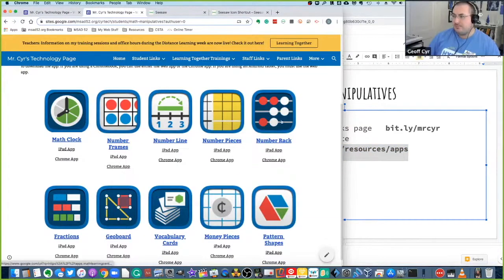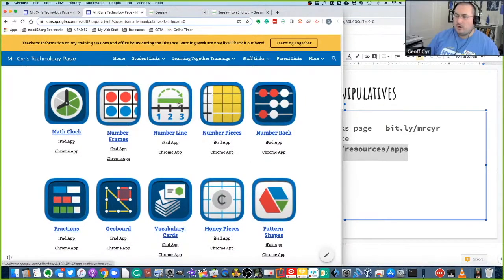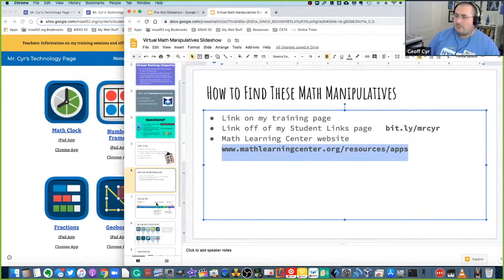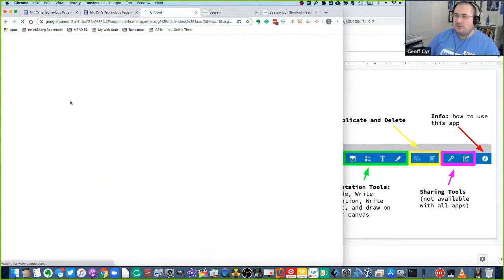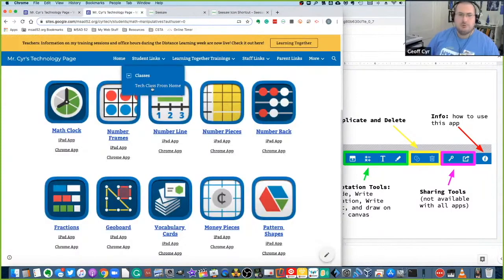All of these links just bring you to the Math Learning Center website, to make it a few less clicks to get there. So you're definitely going to want to have this page open because we're going to spend a lot of time working from it. We're going to start with Math Clock. That's the first one we go into, and as we talk about Math Clock, we're going to talk a lot about what the universal tools are. Before I click on Math Clock,